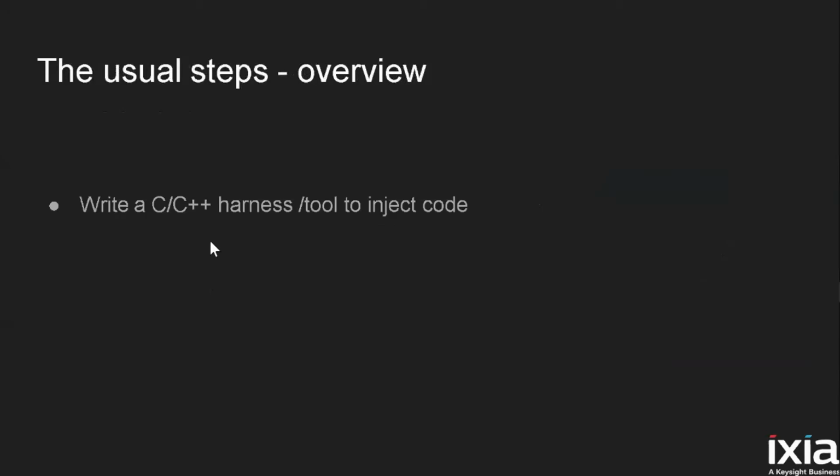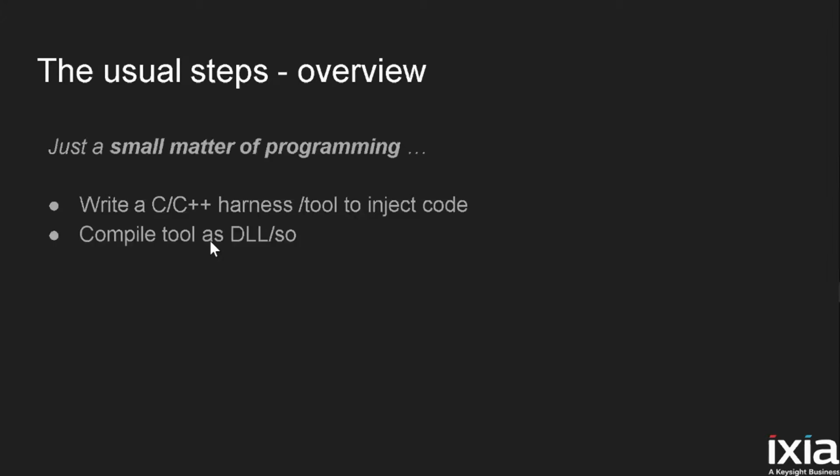So the usual steps when using this kind of binary instrumentation framework is to write a harness. It's a tool that makes use of the framework API in order to inject a certain code that we write into the process that we want to instrument. Then we will compile that tool as a shared library, and using a tool that the framework provides, we inject that piece of code that we wrote into the process, and